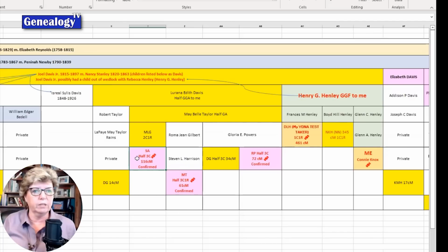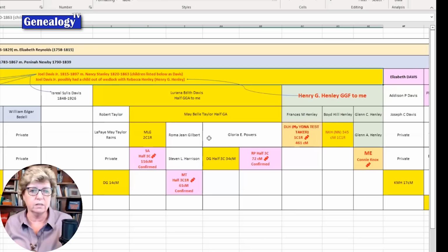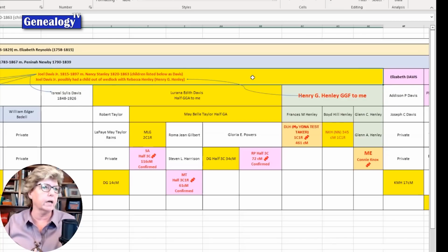So if any of these people had great grandparents or grandparents that were second cousins, let's say, then the centimorgan counts theoretically should be higher than expected. But based on what I'm seeing, and I have done a lot of research on this family, I have not found any pedigree collapse in there. So if that's the case, then this looks like Joel Davis is the father of Henry Davis. The only problem with this whole scenario is he had moved to Iowa by the time he was conceived. So unless he came back to visit family, sign papers, sell property, I don't know, I haven't found any records yet, but unless he came back in 1861 to visit his family,